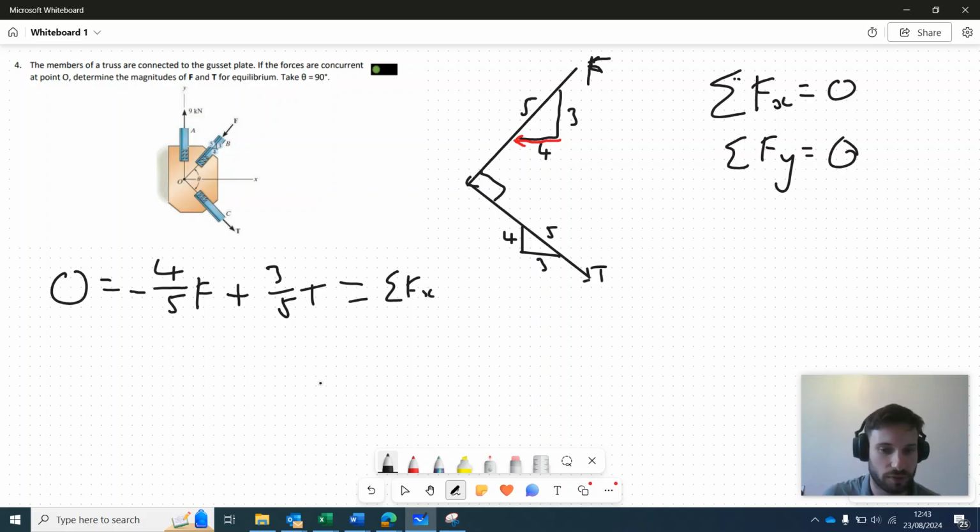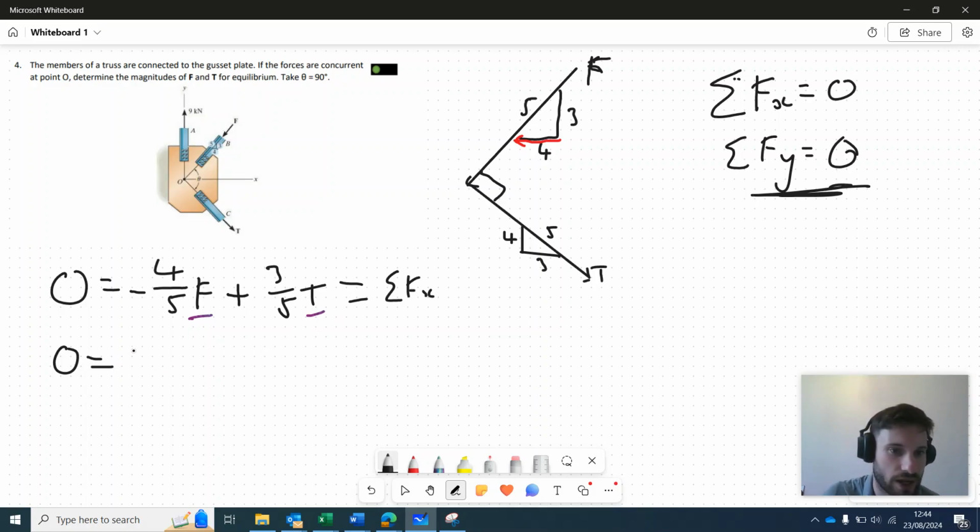Now, is this solvable? No, it's not solvable. The reason it's not solvable is because I have two unknowns. I have F and I have T. Since it's not solvable on its own, let's go ahead and resolve vertically now. So we've got 0 taken from this idea here. The vertical is also